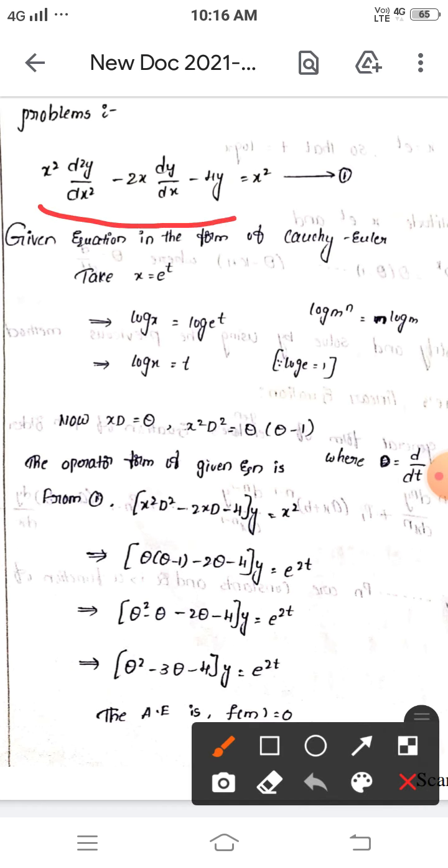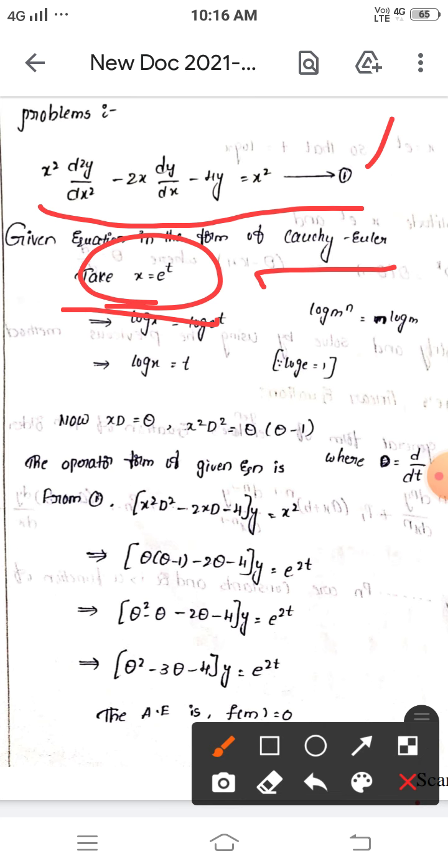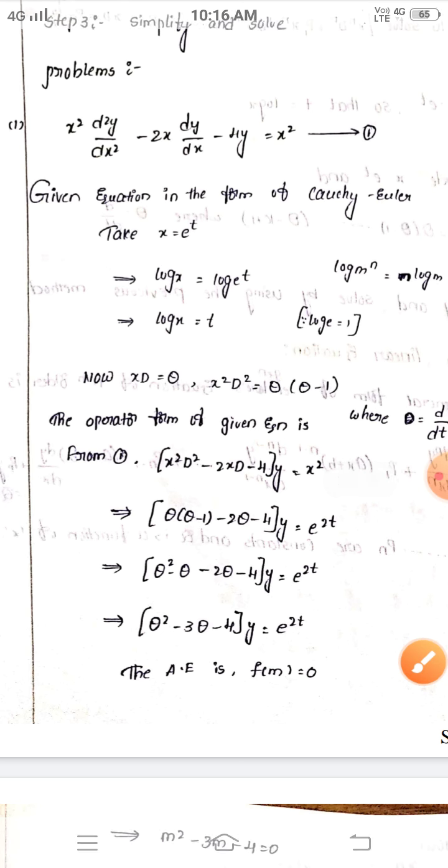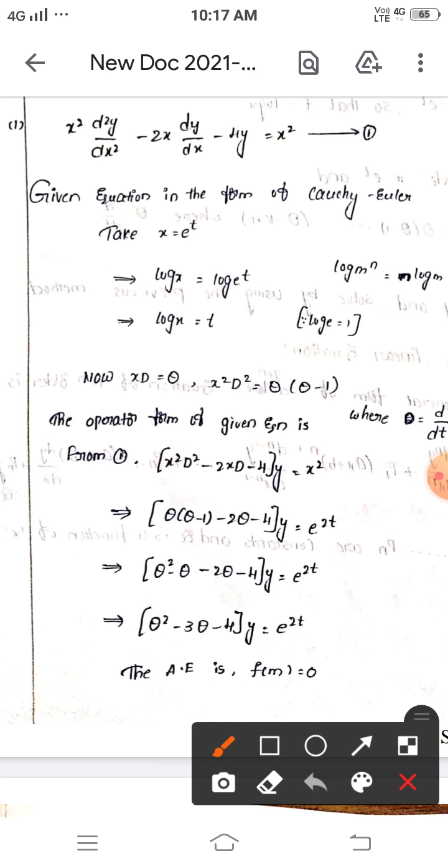Solve x square d square y by dx square minus 2x into dy by dx minus 4y is equal to x square. If you observe this equation, it is in the form of Cauchy-Euler general form. So when it is in this form, first of all we have to take the value of x as e power t. So after taking value of x as e power t, we have to apply logarithm to both sides